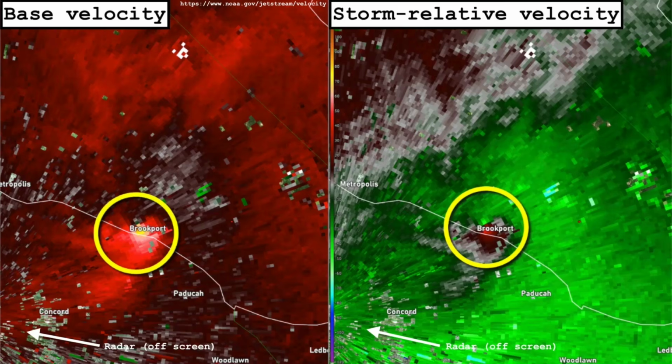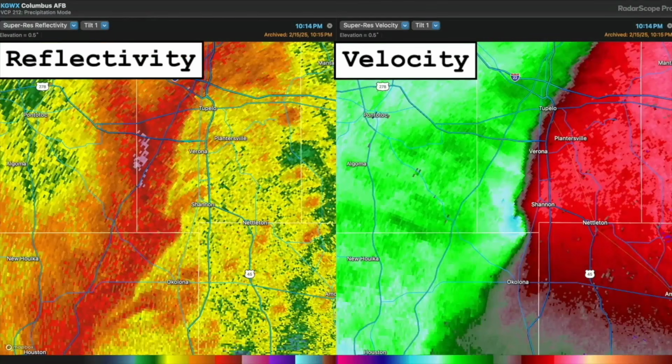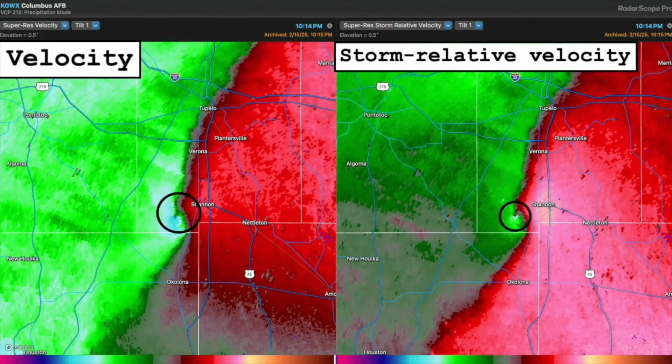At the time of this radar image, an EF3 tornado was ongoing, which highlights the importance of using storm relative velocity rather than base velocity in tornadic situations. In addition, TVSs within QLCSs can sometimes be difficult to ascertain given their typically weak and brief nature. While this can be the case regardless of the velocity product used to analyze them, storm relative velocity can help